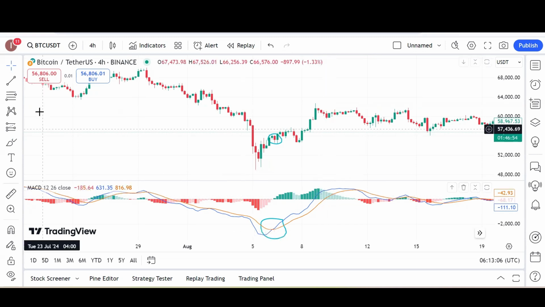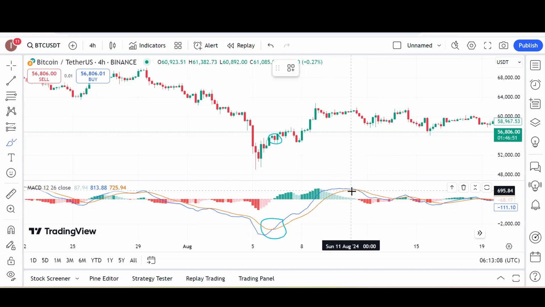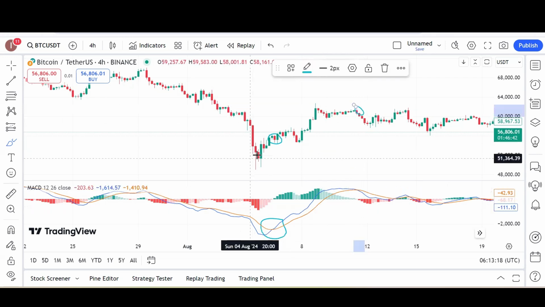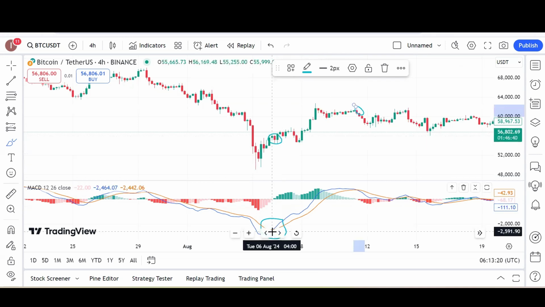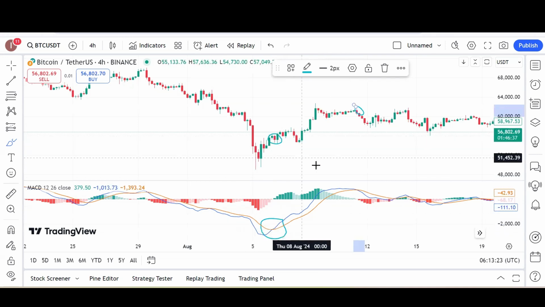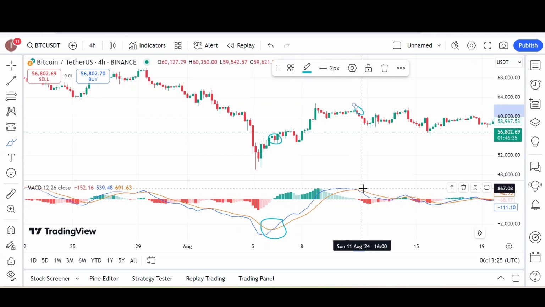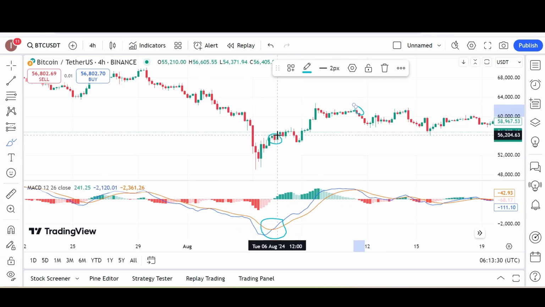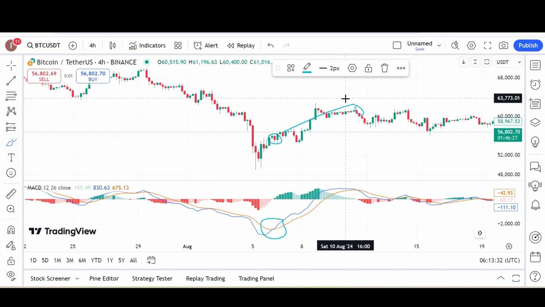And now you can see here the signal line, the orange line, now crosses the MACD line, and this is your sell signal. This is your buying signal: when the MACD line crosses the signal line, this is your buying signal. When the signal line crosses the MACD line, this is your sell signal. As you can see, the buying pressure constantly increases, and when you have entry at that point you take a good handsome amount of profit in your pocket.